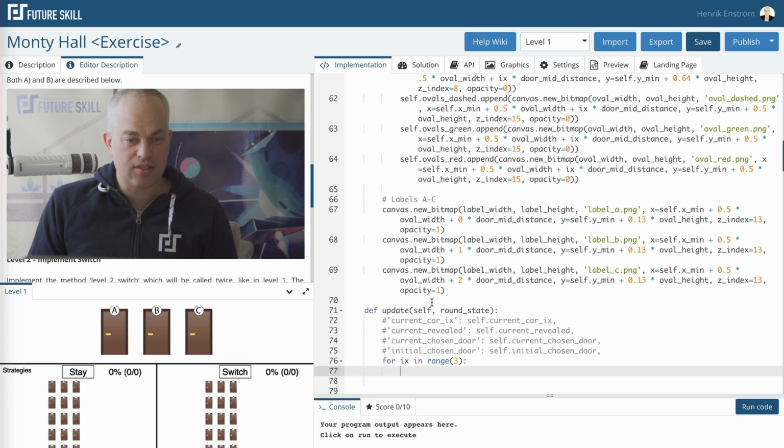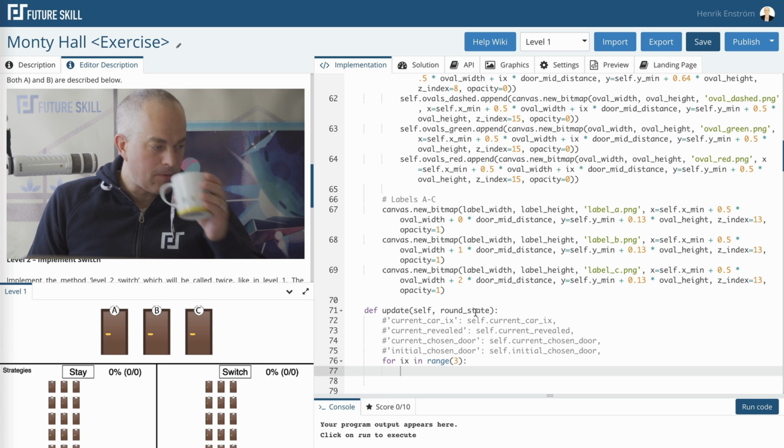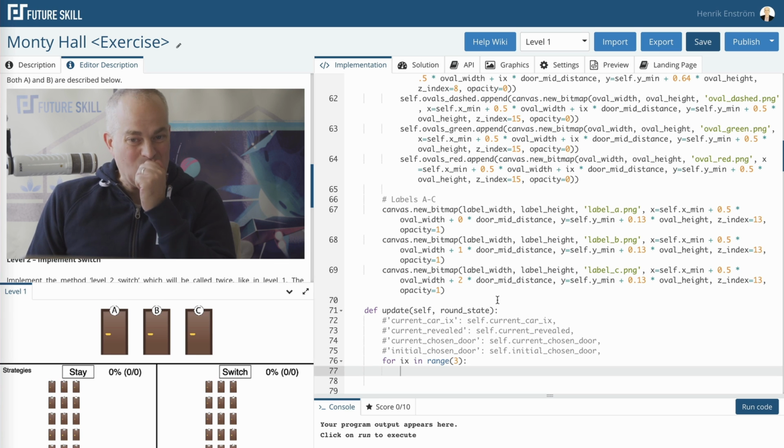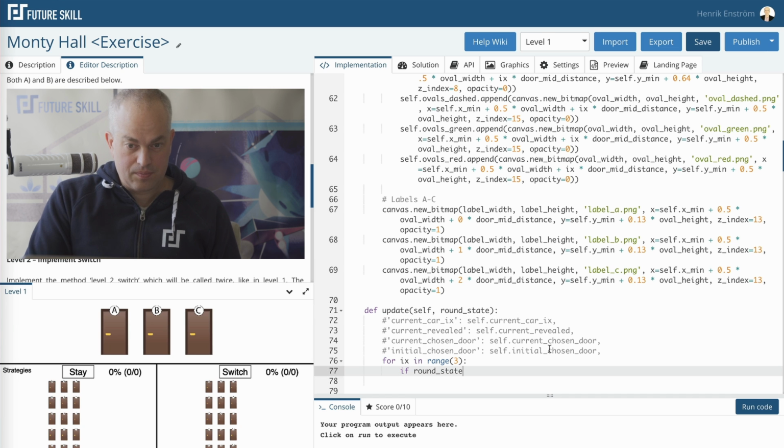So yeah, we can be lazy like that, I guess. But let's take the door foreground and background. That should only be shown if it's opened. And when is it opened? So if we have a revealed,